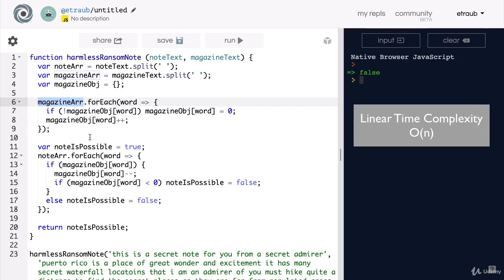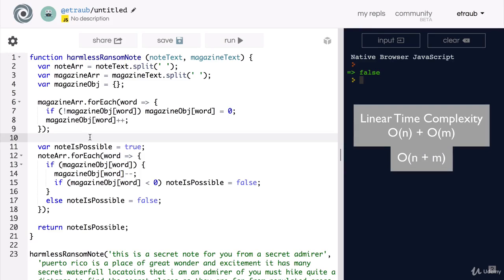So both of these loops run in linear time complexity, but since they each loop through a different array, we use different variables, n and m, to describe their time complexity. So if we want to be very specific about the time complexity of this algorithm, we would say that it has O of n plus O of m time complexity, which can be simplified to O of n plus m